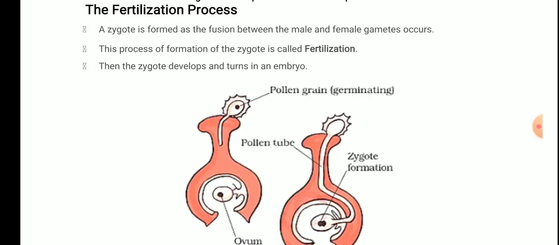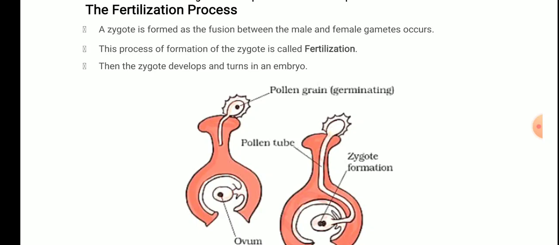So, this was about the reproductive part of the flower. Then we discussed the male part, that is stamen. It consists of a long slender filament and has an anther at the tip. In that it has pollen sacs in which pollen grains are developed, and I told you that pollen grains are the male gametes. Clear? Similarly, a pistil consists of a stigma, style and ovary.